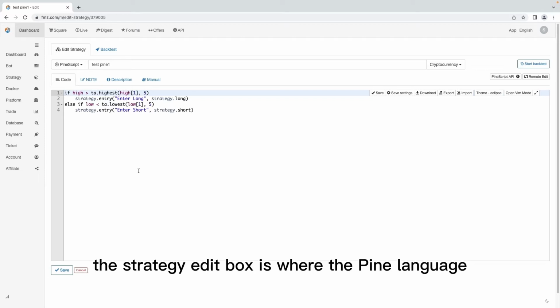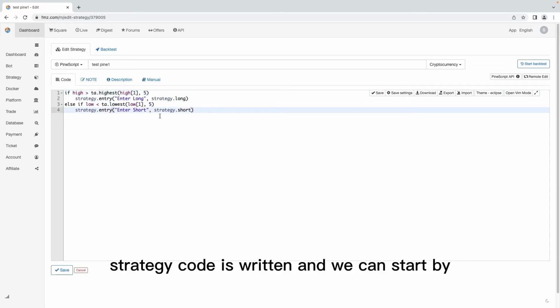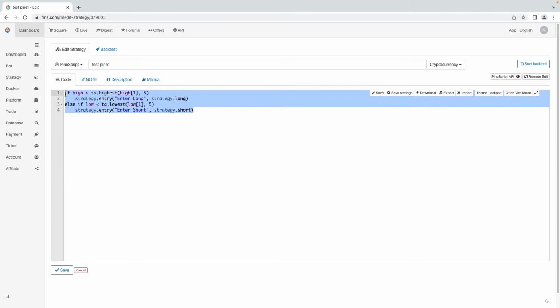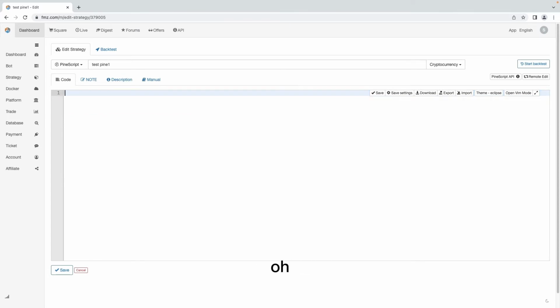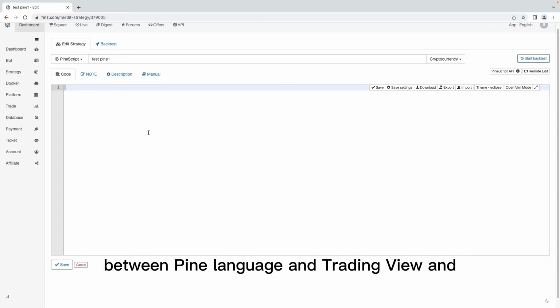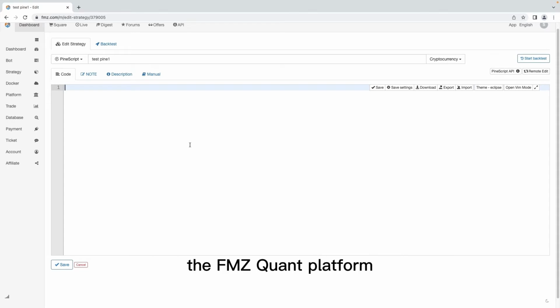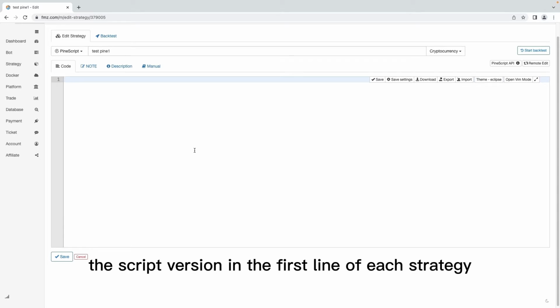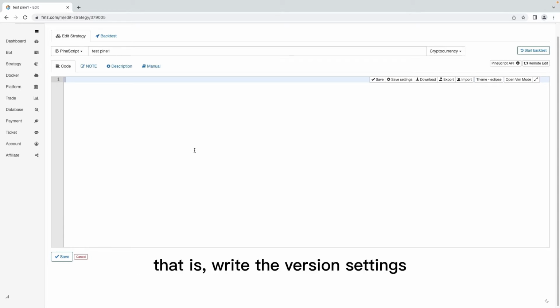The strategy editor box is where the Pine language strategy code is written, and we can start by removing the default test code. We can delete it. Then we will move to the differences between Pine language on TradingView and the FMZ Quant platform. First, we need to specify the script version in the first line of each strategy. That is, write the version setting